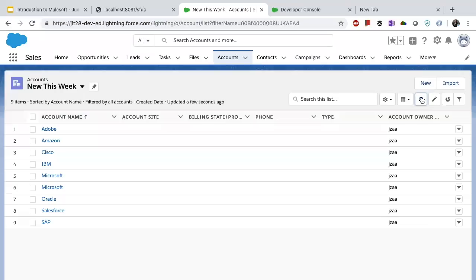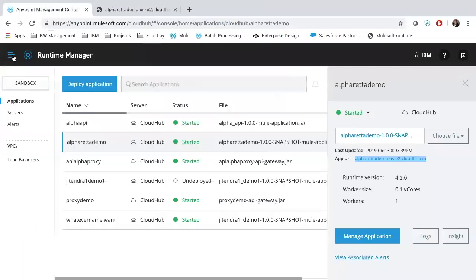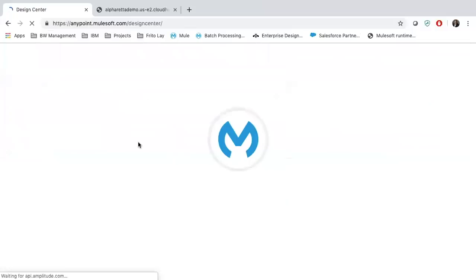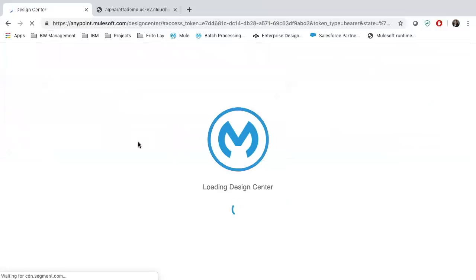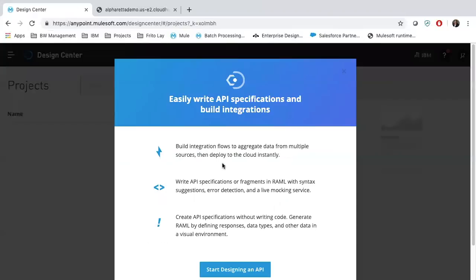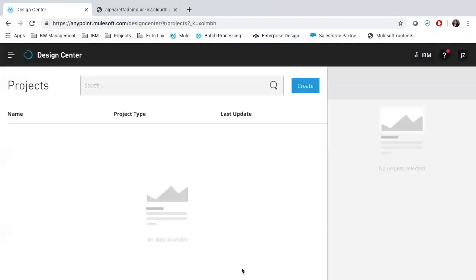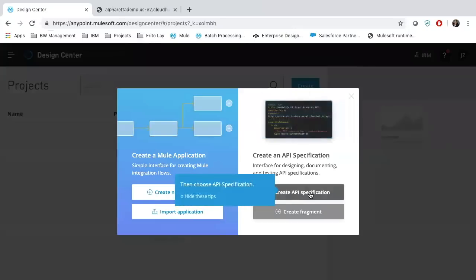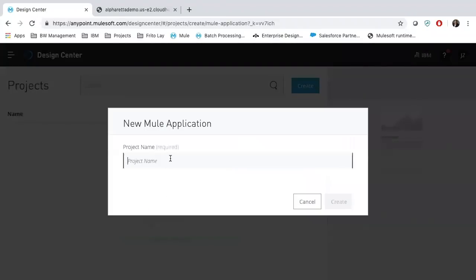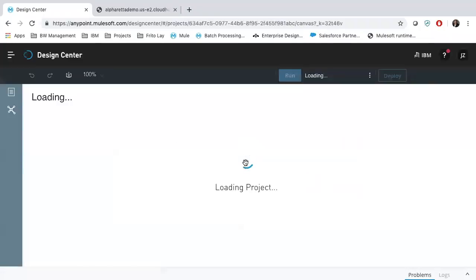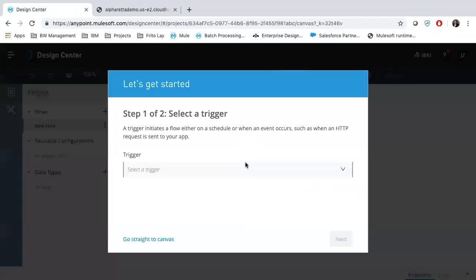Very good point. What would you suggest, should we develop in local and then go on cloud, or can we directly do whatever we did in local on the cloud? What Amit is talking about is this. You have Designer, and on the Designer, whatever I did right now, I can do directly here. So I can create a new application. I can say direct Designer. Almost whatever you have in Anypoint Studio is almost here, right?